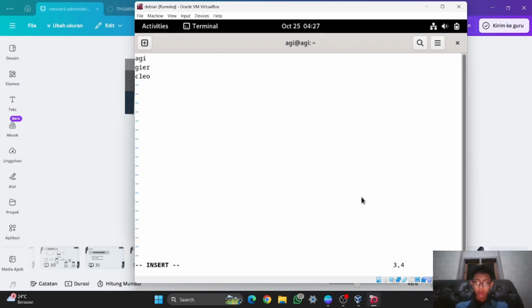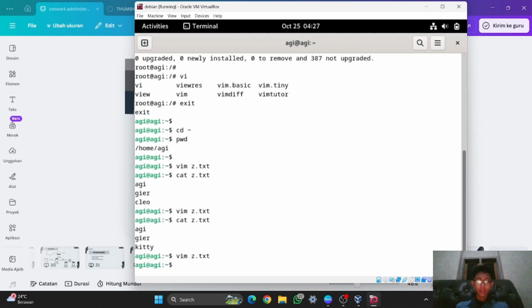So to quit without saving, you have to type Q and then an exclamation mark, which is like this. That means you will force quit, and enter.